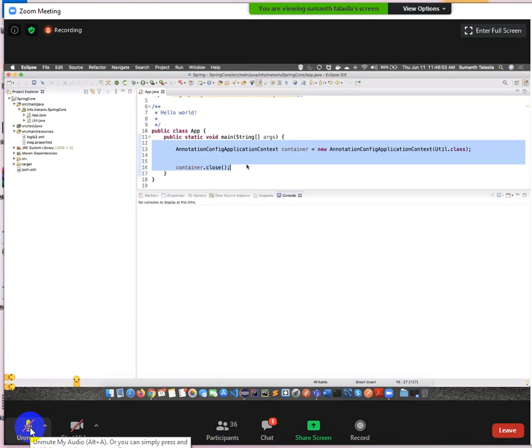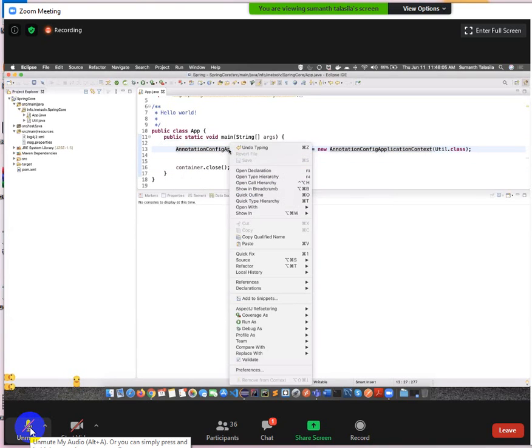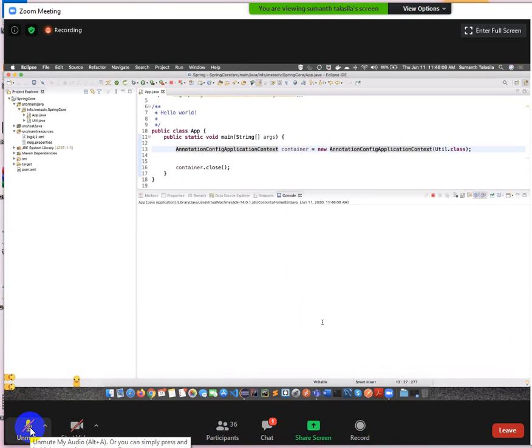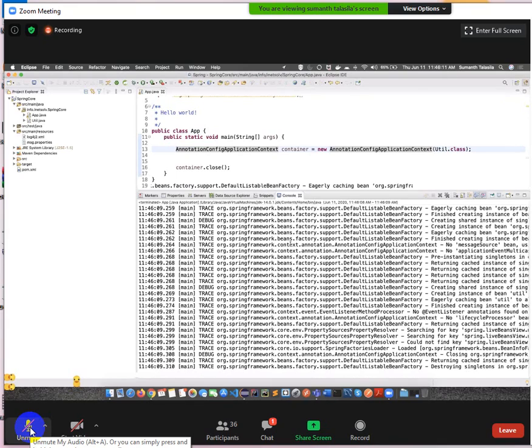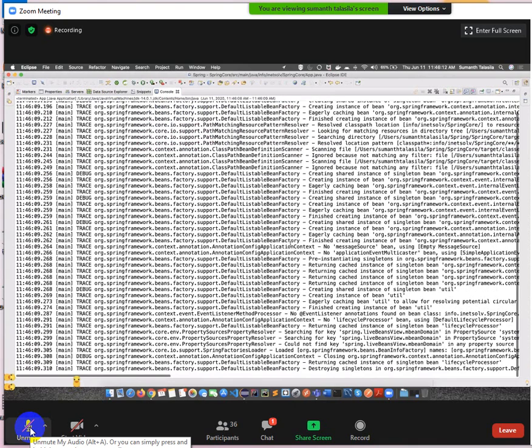Then let's run this. Right click, run as Java application. You see the messages, you answer. Especially focus on this line: no message source being used, using empty message source.